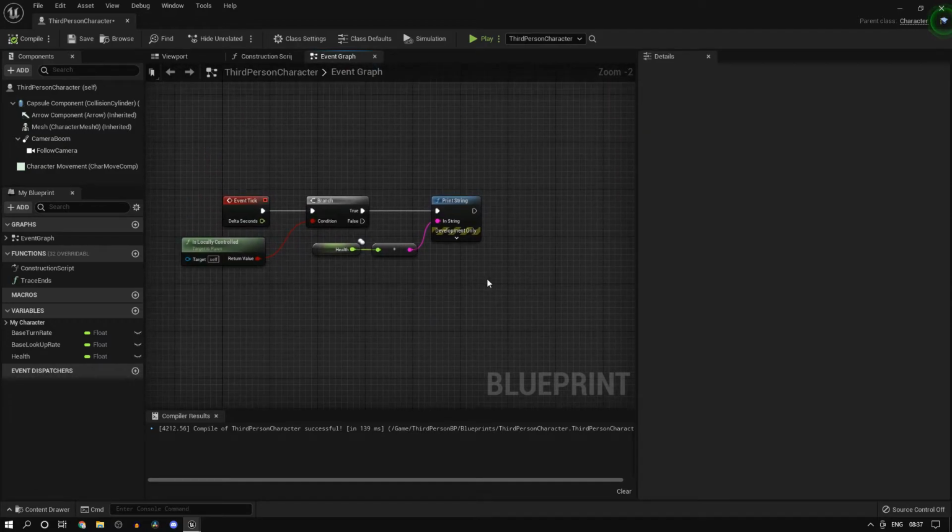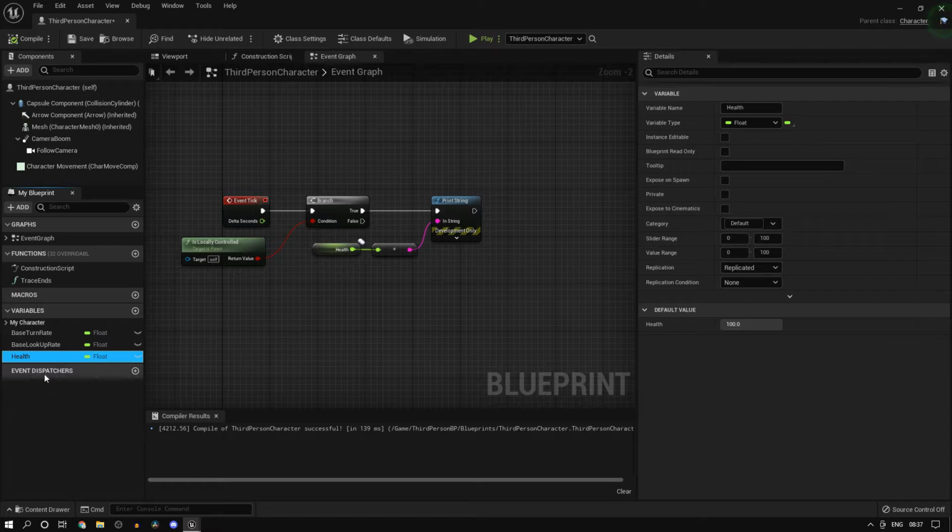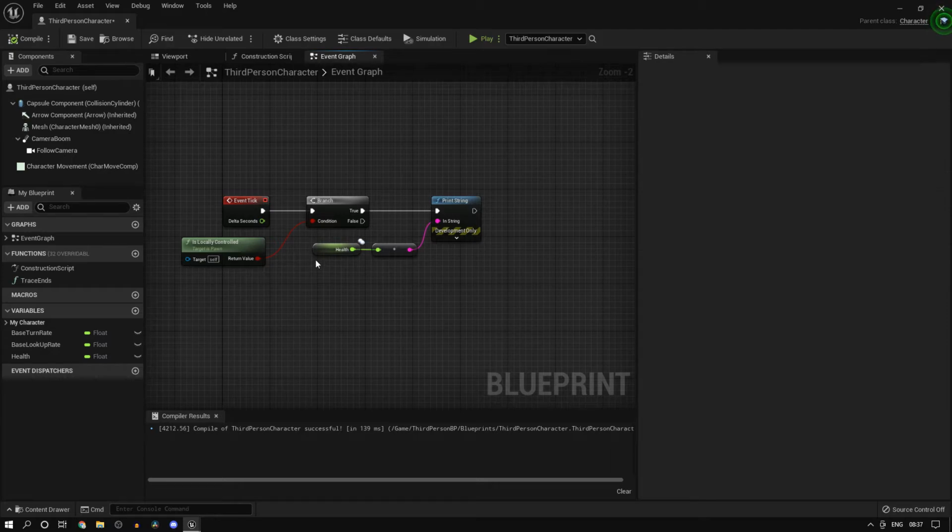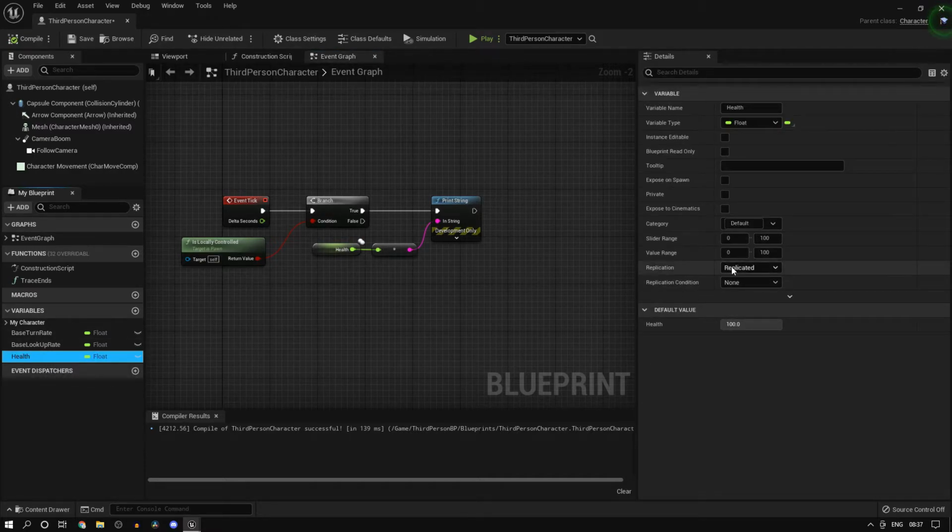So what did we learn now? Now we learned how to replicate the value of the variable between the server and the client. So at any instance, if you would see, the client and the server would have the same value for the health variable. So this is the way you do it. Now the next question that might arise is, what's up with this rep notify over here? And now we'll be talking about that.